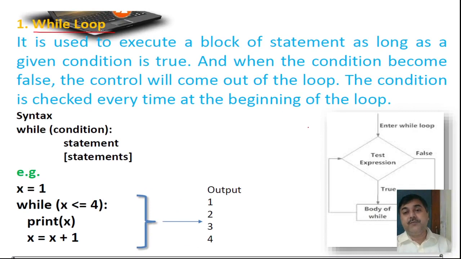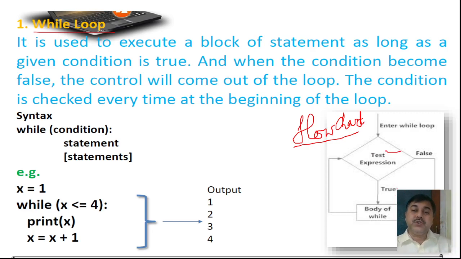While loop, this is the flow chart. Okay, this is your flow chart. Clear? So in this particular flow chart, you can see there will be a starting point, and after that it will enter here. After entering, some testing will be done.